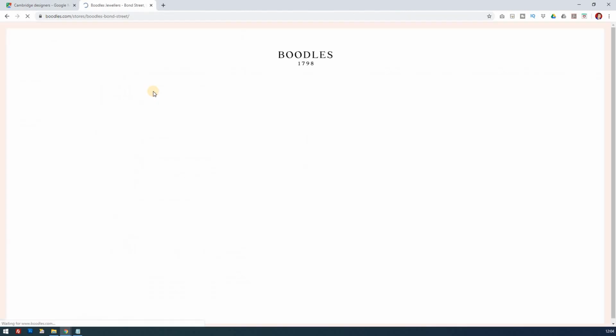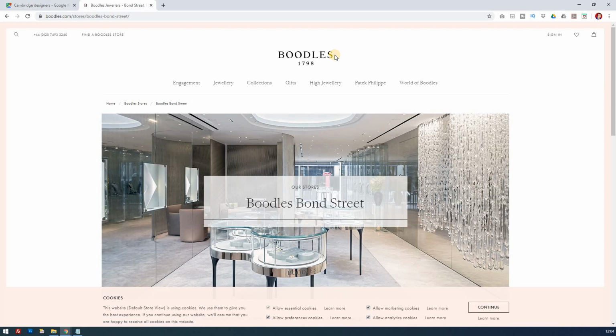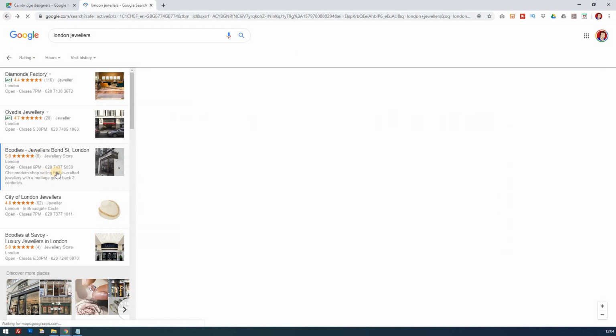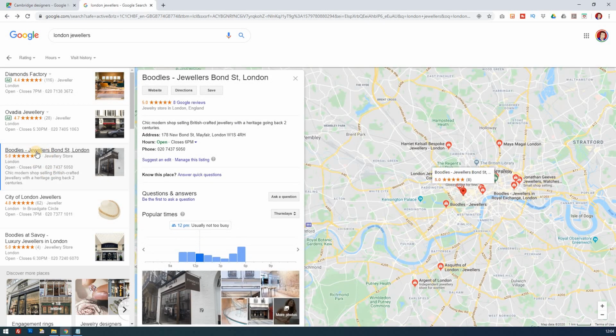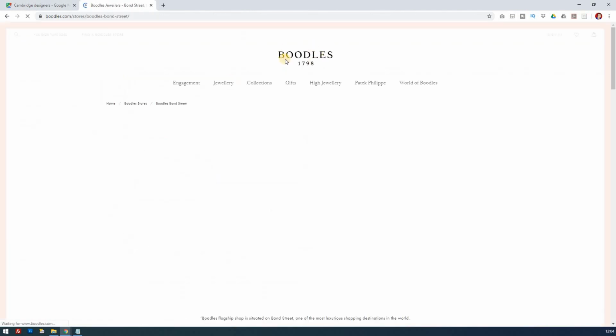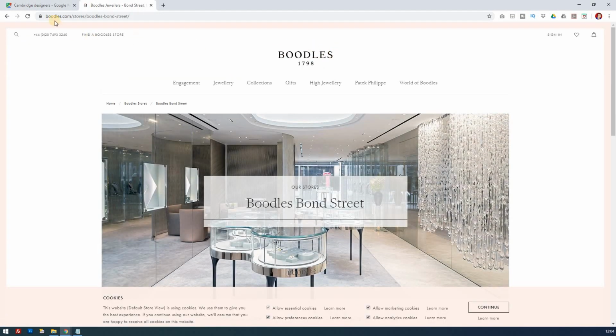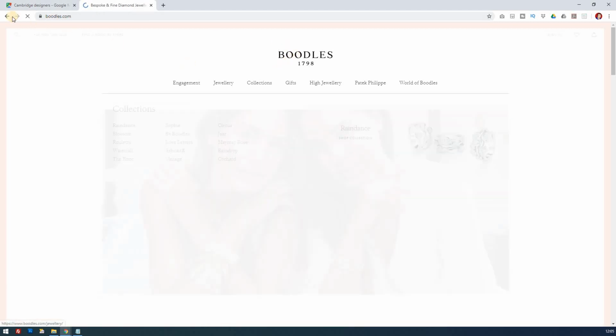If I go to their website, let's just see, it's Boodles. And again, I wouldn't do this because it's Boodles Bond Street, but if they were reported, then there's a good chance that Google will take this down or just accept it as Boodles. They're doing this just to optimize it because they want to be number one, and they will get a lot of entries because those two keywords are part of their title. And that's not really in keeping with the fact it's not called Boodles Jewellers Bond Street London. If it was, then that should be part of their logo, which it isn't. Boodles here, but there you go.